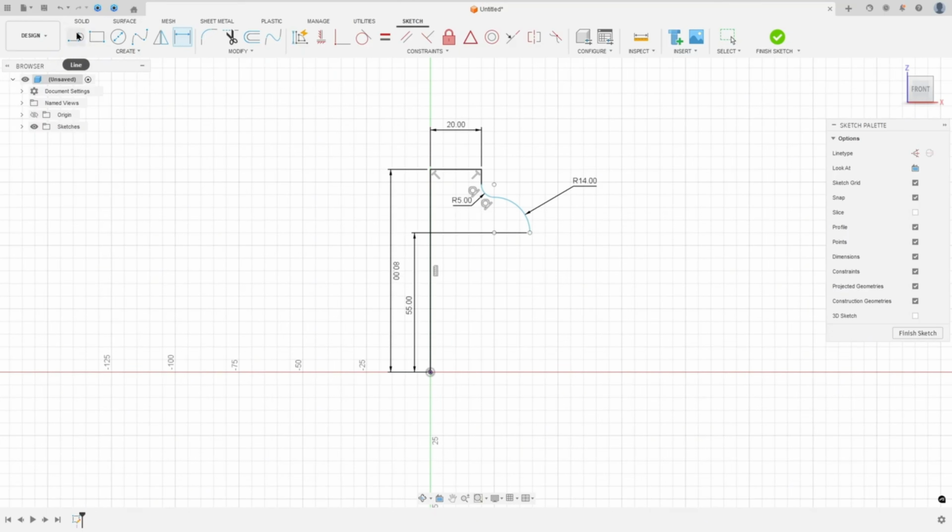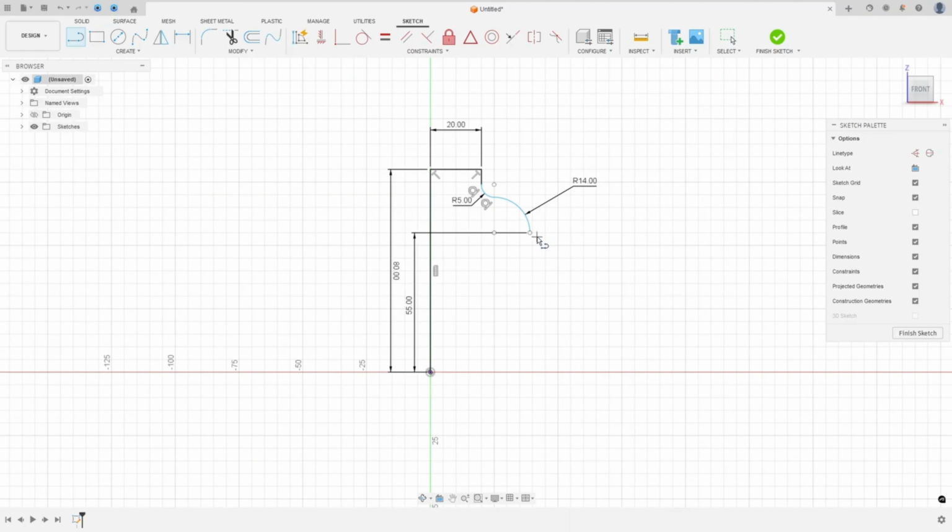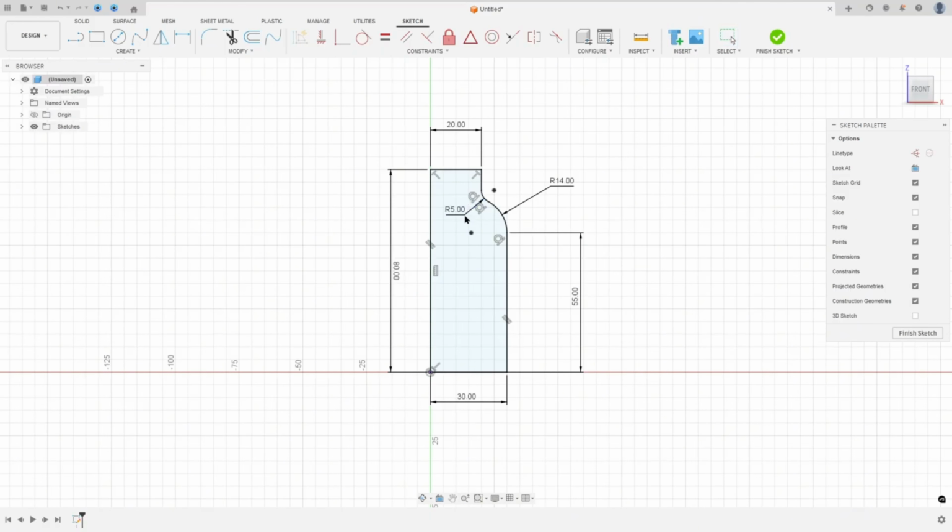And select a line. We will make this line here and this one. This line here has 30 millimeters of length. So close the sketch here, go to sketch dimension, the distance here 30 millimeters. Now finish the sketch